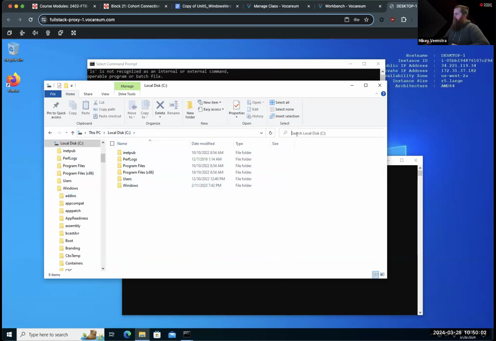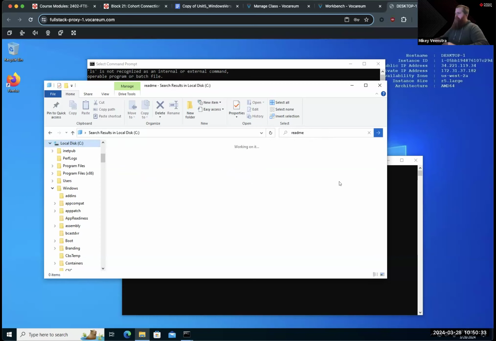There's a search. The Windows file system search is a tricky one to praise, but it is there. Windows file system indexing is, in my experience, kind of slow. It's also, the searching is what we consider fuzzy, meaning it's going to give you a lot more than what you specifically strictly searched for, because it's going to treat you like maybe you misspelled something. But if I type readme and hit enter,